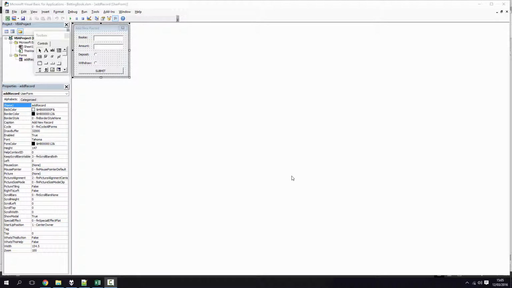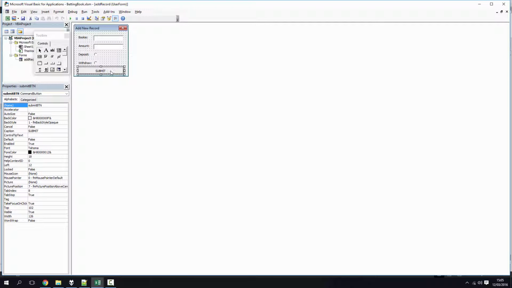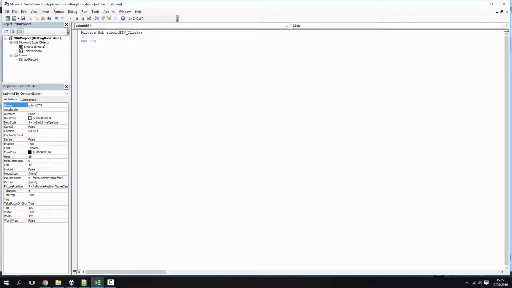Okay, so part 2, now we have the form done, we need to start adding the code to it. So the only thing we're going to add code to is the submit button, because once we click that, I want it to execute a load of code, and that's really where it's all coming from. So you're going to double click on the button, and that'll take you into the code view,